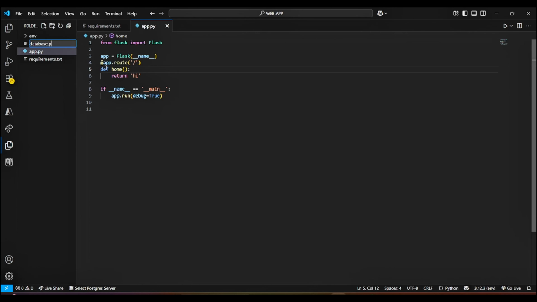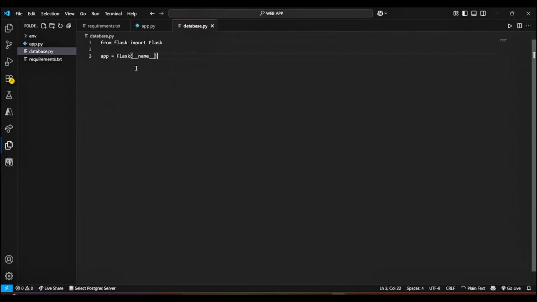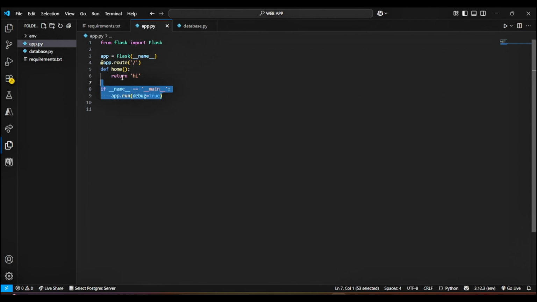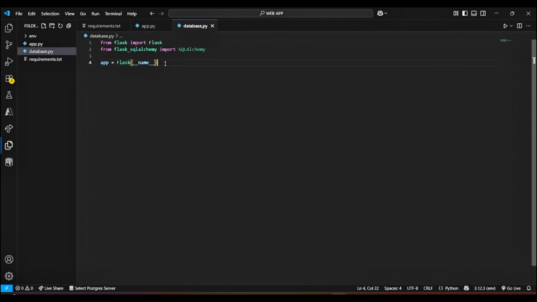If not, then check it out. Now I am importing SQLAlchemy from our package Flask-SQLAlchemy. And then I set the configuration for the app. So this line basically tells where your database is and what kind of database you are using.